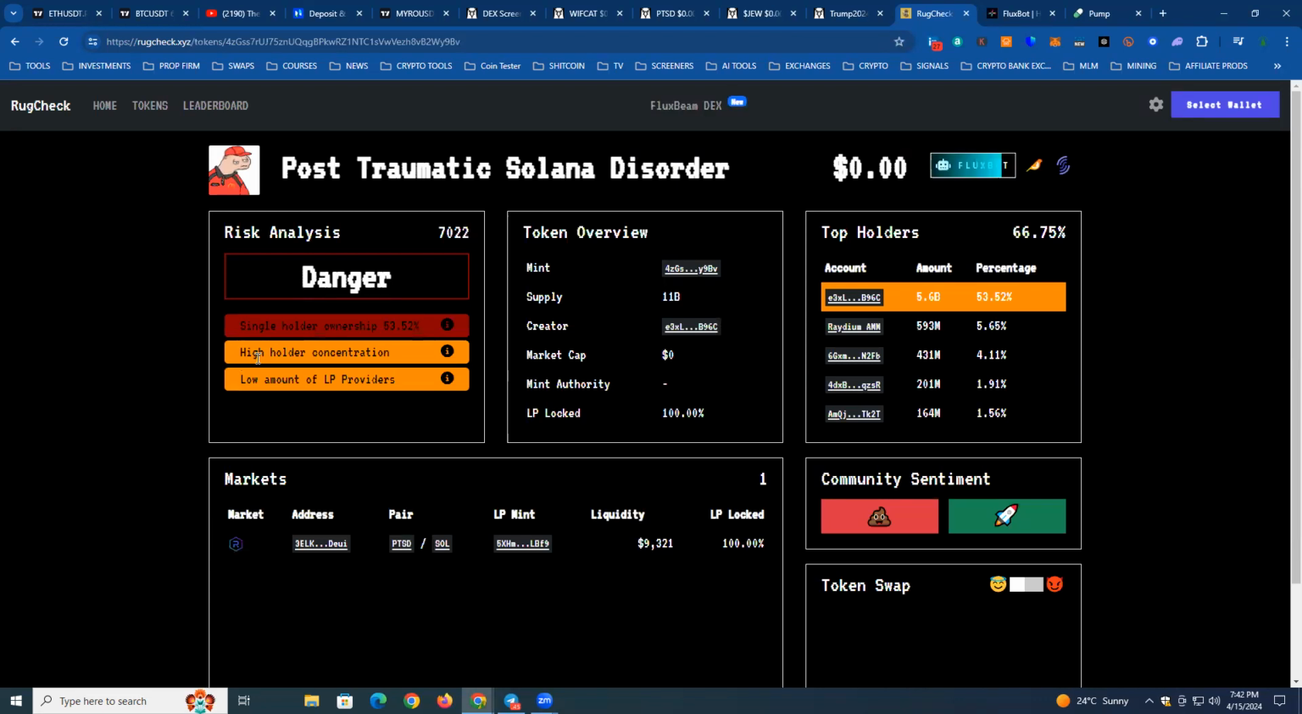In essence, a high holder concentration, as well as a low amount of liquidity providers. So with this initial check alone on rug checks, that in itself would cause us not to invest in this particular coin, because there is a high probability of it being a rug pull. This is one method of checking a Solana-based coin,